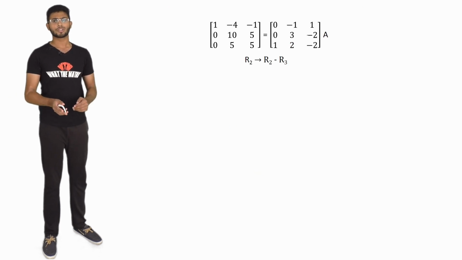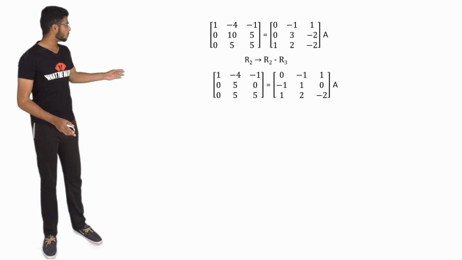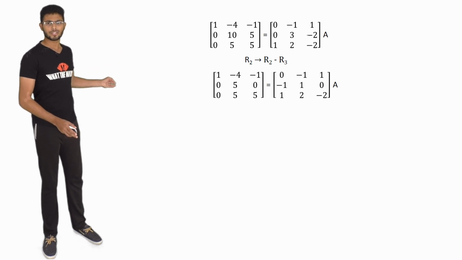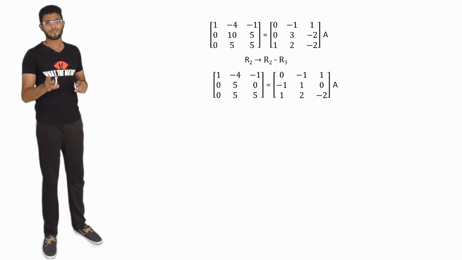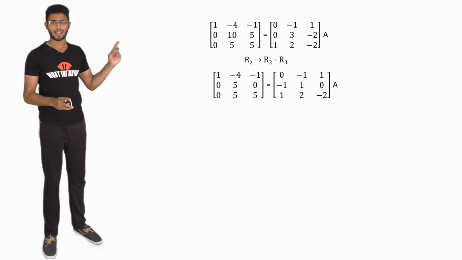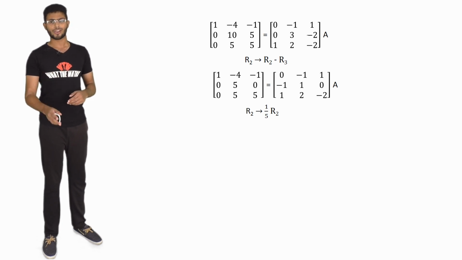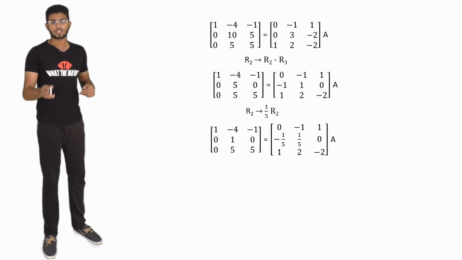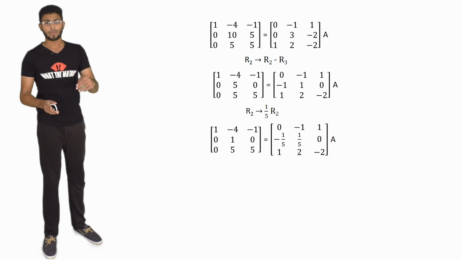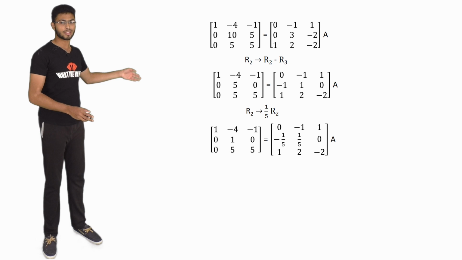All we have to do is make the rest of it an identity matrix as well. To do this, what we're going to do is R2 implies R2 minus R3. Once you've done that, as you can see over here, you're going to get 1, 0, 0 in the first column and minus 4, 5 and 5. What we have to try and do is get a 1 in the center. To do that, R2 implies 1 by 5 of R2. By doing that, we're going to get a 1 in the middle over here. Remember, you're supposed to apply the 1 by 5 to the second row of the RHS as well.